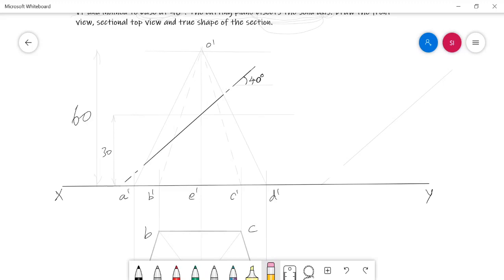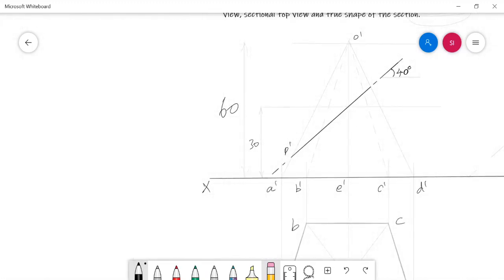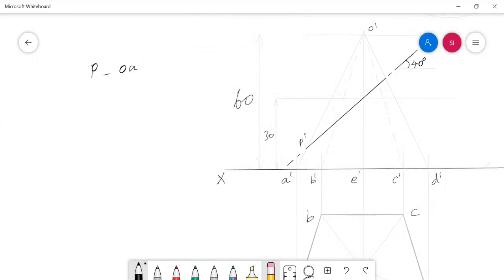Here we start to travel from the left extreme of the cutting plane. Start to travel. The first intersection is there. Who is that? Edge O dash A dash. Here I am marking the cutting point P dash. So let's have a database for our future use. The cut point P is in the edge OA, right?